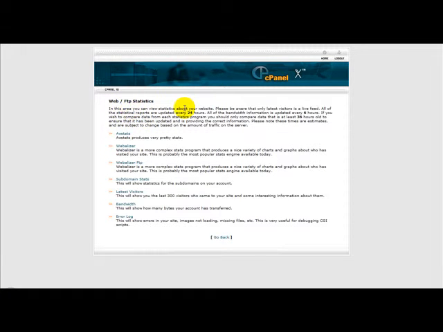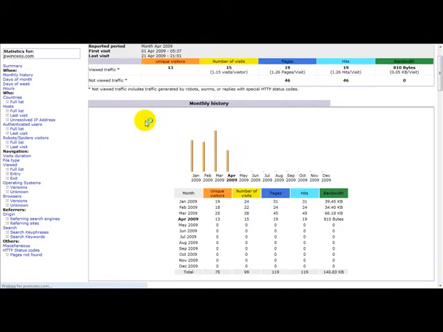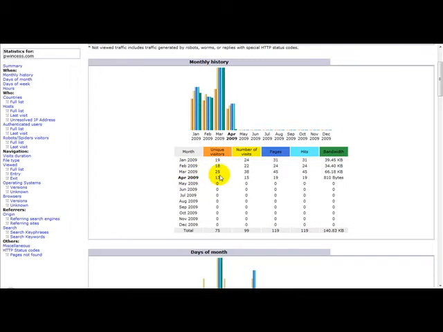It says, in this area you can view statistics about your website. Please be aware that only latest visitors is the live feed. All of the statistical reports are updated every 24 hours. So basically this is delayed compared to StatCounter, but it still does the same thing. What we need to do is click on All Stats. Once you've clicked on All Stats, here you can see the visitors on your website